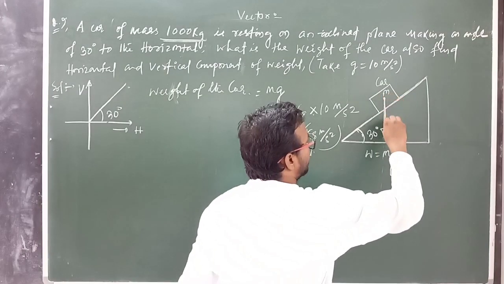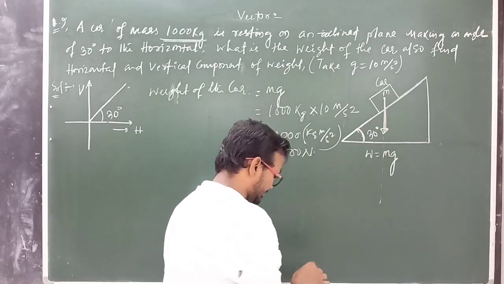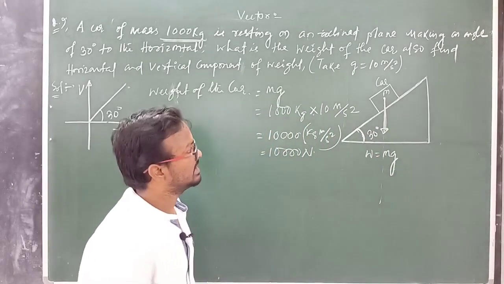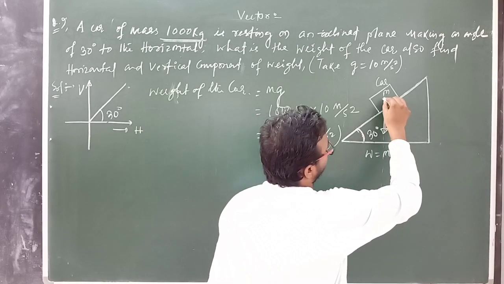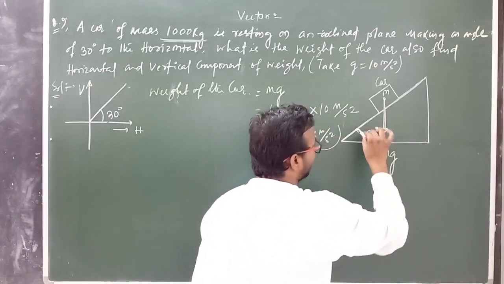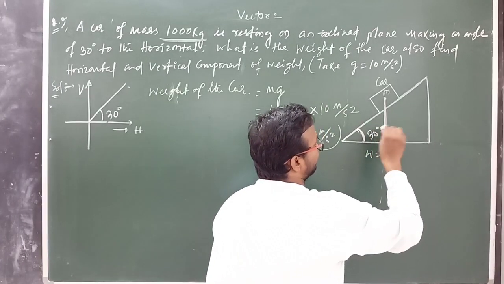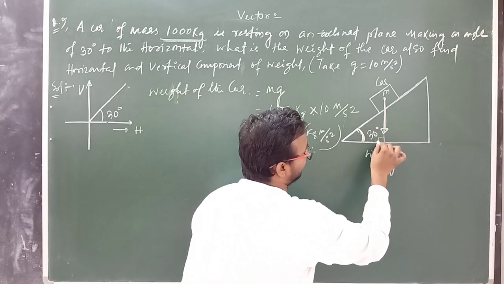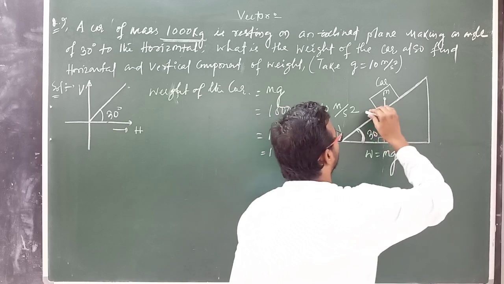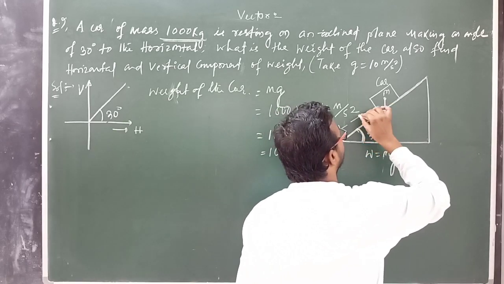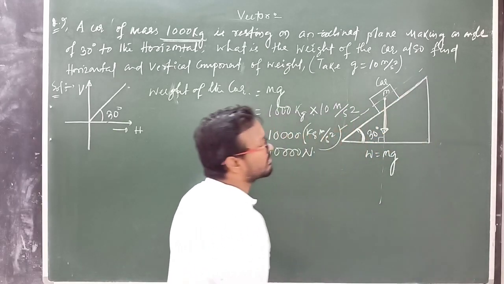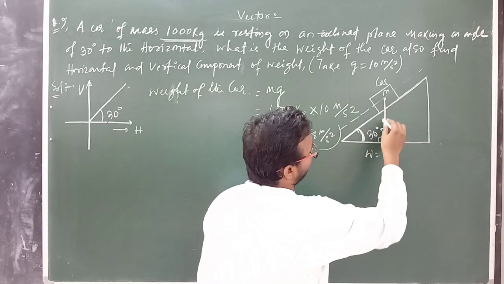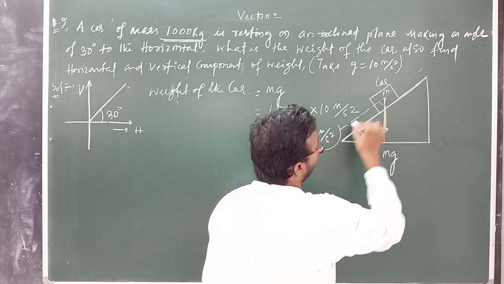This is the downward direction and this angle is theta. So we can choose the origin at any point. Clear? Look at this diagram. If this angle is 90 and this angle is 30 degree, and if you draw a plane here, this is the plane. Clear? And if this angle is 30 degree here, then this angle, how much?